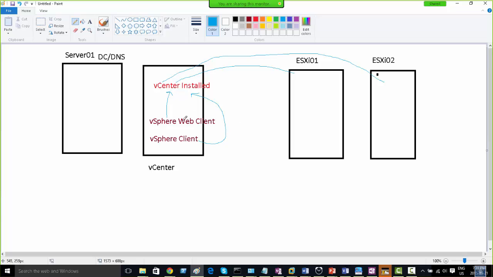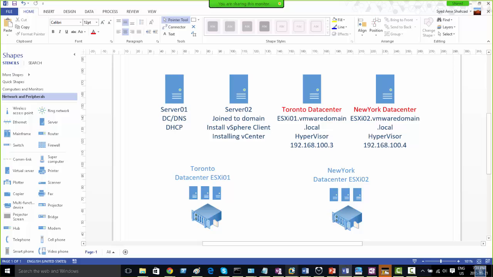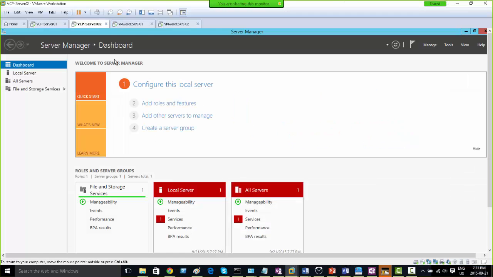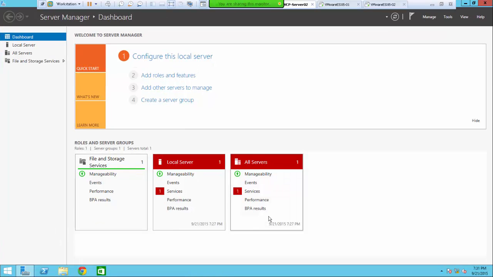So I'm just trying to do that now, so we could at least know how we can connect to vCenter from these two ways. Let me just go there and try to do that now. So I'm in the second server here where the vCenter is installed, and in the browser Google Chrome we already have it, so if I open the Google Chrome